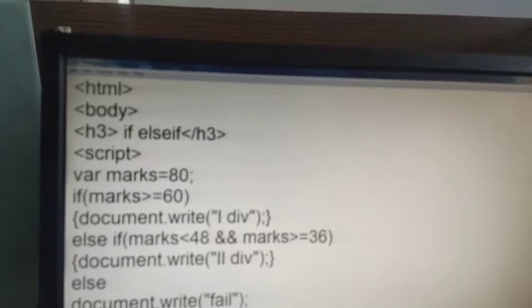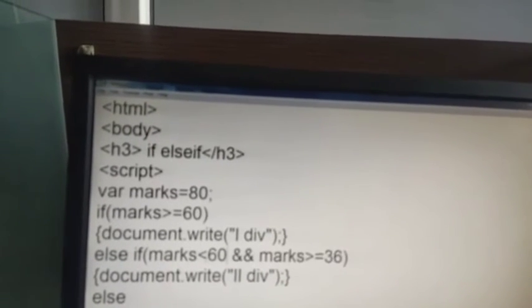Else if marks is less than 48 and marks is greater than or equal to 36, it means 48 to 36. Wait, beta, just wait. You have to make a change in it.